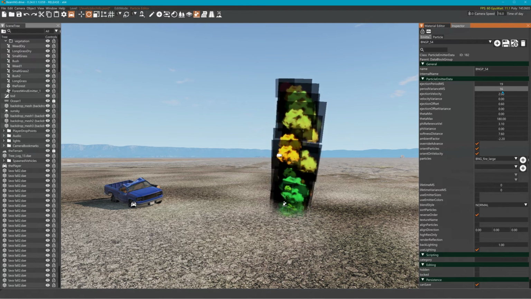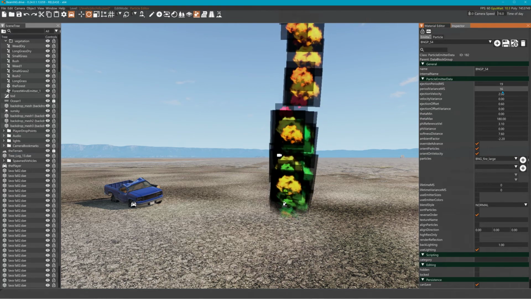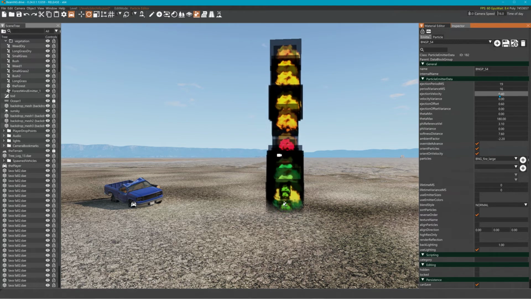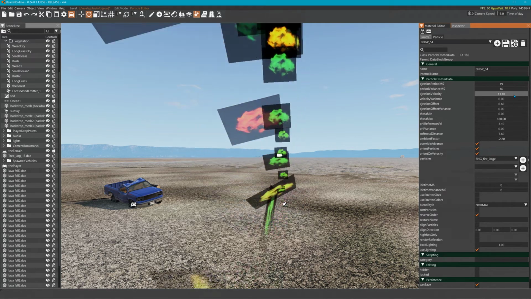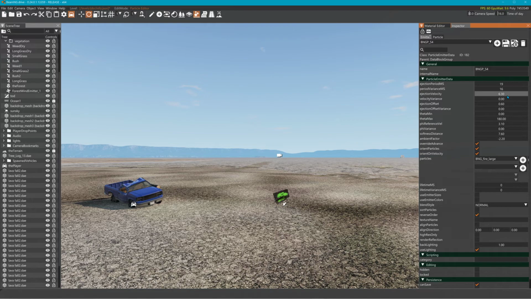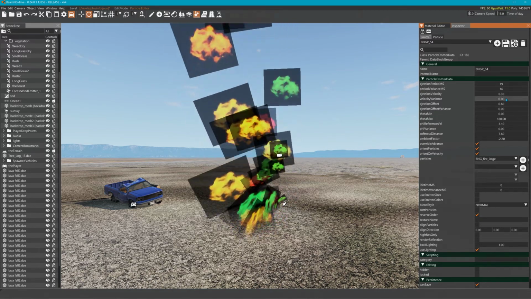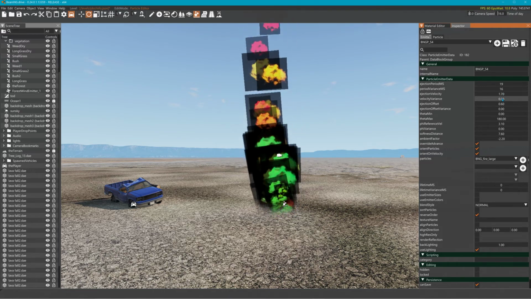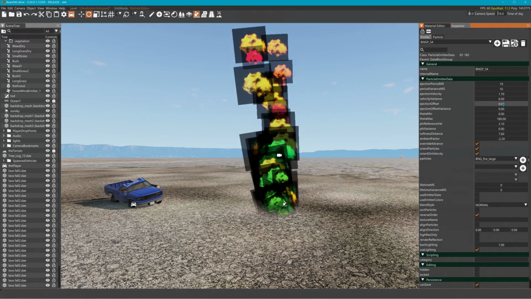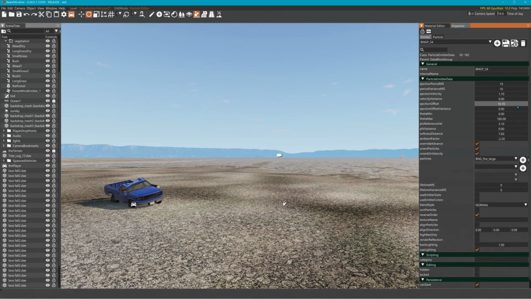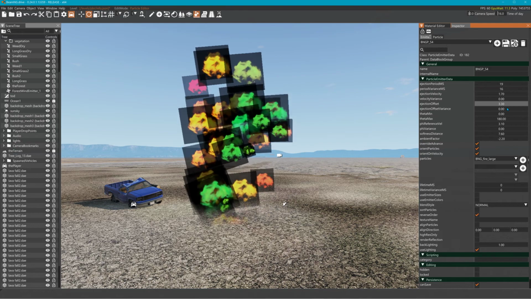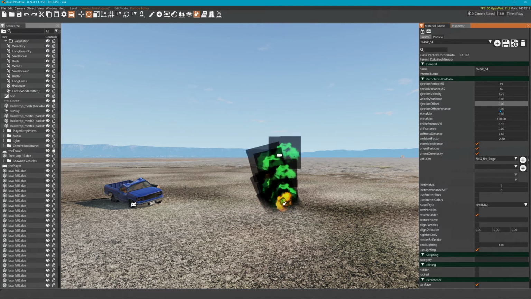Maybe that's the variance of some are more, some are less. The ejection velocity, I think that's pretty clear what that is, and I'm sure variance would just be something in between a few different settings. Ejection offset. Okay, so this is where it's appearing up high in the sky or down low to the ground, 0